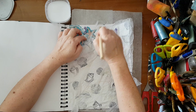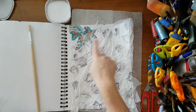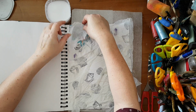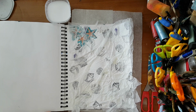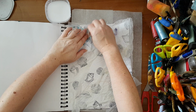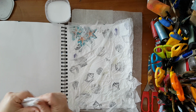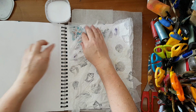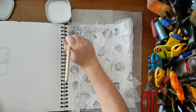Still making more wrinkles, and I'm pushing the paper napkin down where I have the starfish or the seahorse, so it will get in all the details, inside the details. And here is a piece that is not covered, and let's put another. So you see, I'm just putting pieces where it needs to get covered, and now I'm going to go all over it